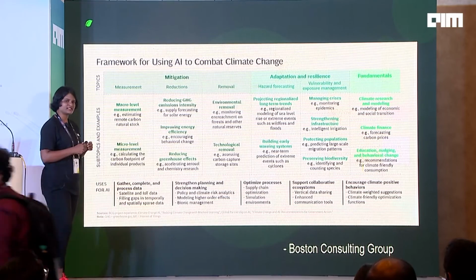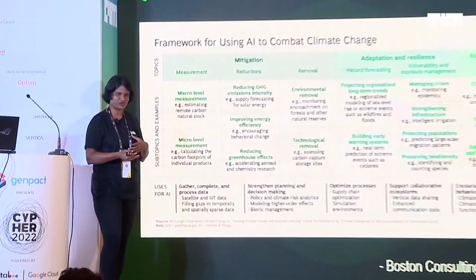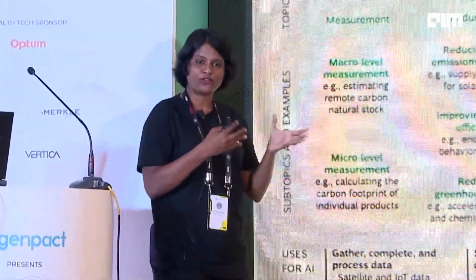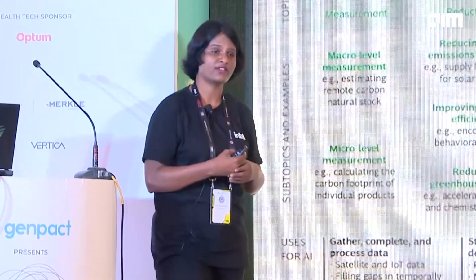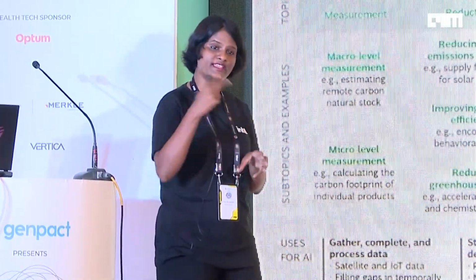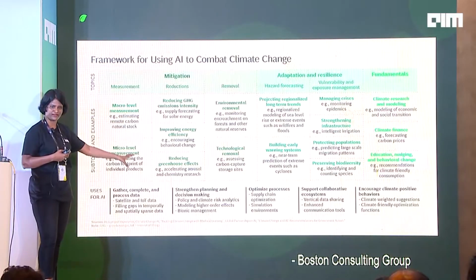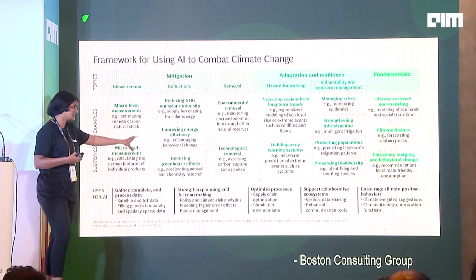The mitigation is all about estimating how much energy will be consumed. Once we know the amount of energy which is actually required, which is the demand, if you can forecast the demand effectively, then you can find alternate sources of fuel components. There are several use cases which fall under the mitigation category.